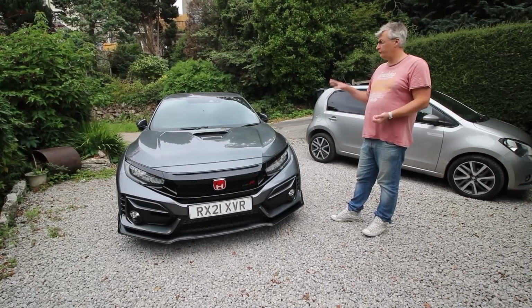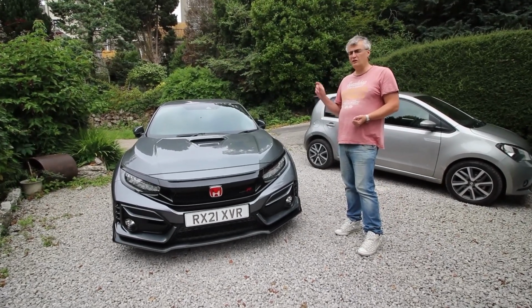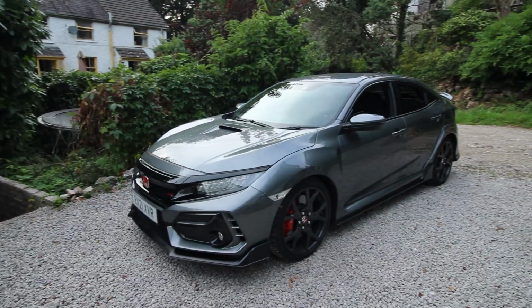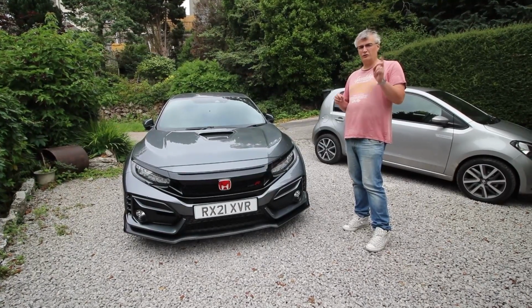To put it bluntly, you can get three Type Rs. You can get the Type R, you can get the GT, and you can get the Sportline. By the time you watch this, this car could have gone off sale, to be honest. You can even get a carbon fibre pack and an illumination pack. Now, that's news to me. Anyway,